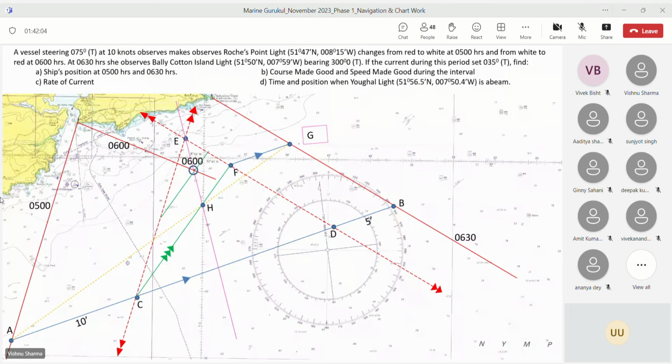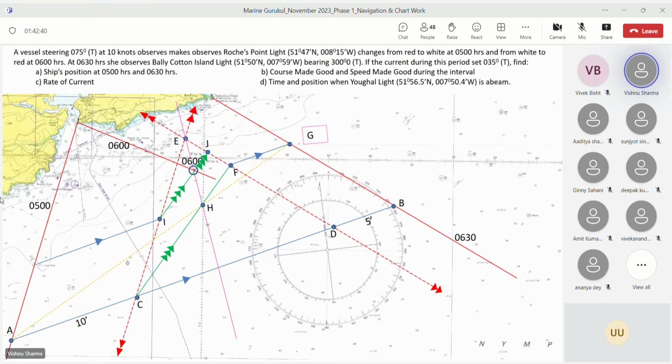Yes, sir, clear. Okay. We get these 2 points here. This is the set which has been drawn through the 6 o'clock fix. Correct? Now, through these 2 points, draw the CTS from the first transferred PL to the first PL, and the third transferred PL to the third PL. See, from I, you will draw CTS to the first PL. And from J, you will draw the CTS to the third PL.